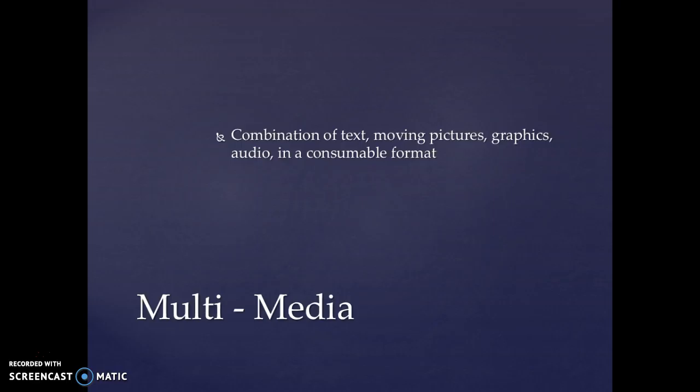So if we look at the full definition here, it's a combination of text, moving pictures, graphics, and audio in a consumable format. With multimedia, you have to create whatever it is you create to be consumed by others, in a way that's easy for them.